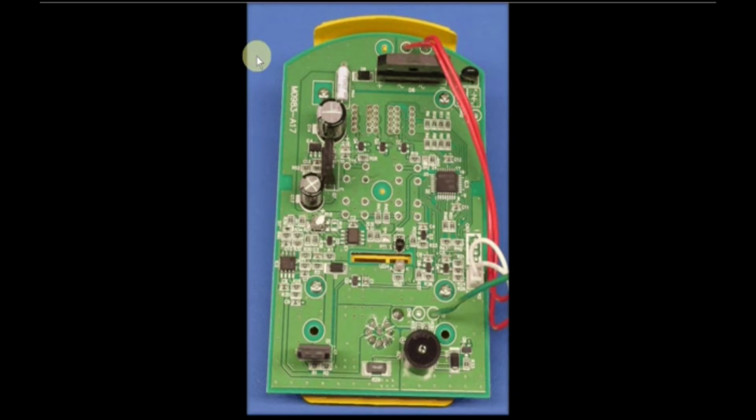Let's start here. We have a bridge rectifier, so obviously Hakko is not switching the AC voltage from the transformer with a triac, but instead they are using a MOSFET to switch the rectified AC voltage. They have a different controller, and what we can see here, this is a little 10 milliohms shunt resistor, so obviously they are able to measure the current, and there's also a precision op amp, an